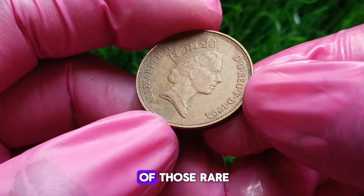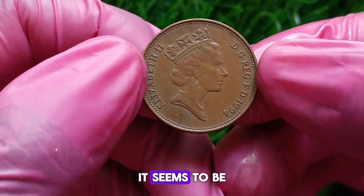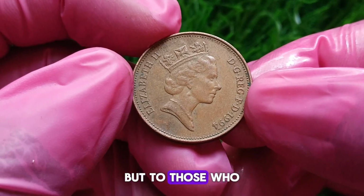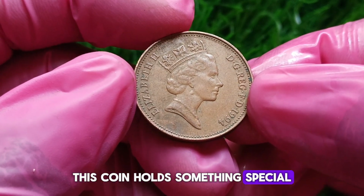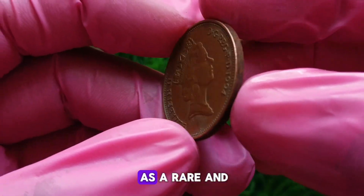This coin is one of those rare surprises you might overlook in your change or loose coin jar. At first glance, it seems to be just another copper-plated coin that's been passed from hand to hand in daily transactions. But to those who understand the world of coin collecting, this coin holds something special. The absence of a mint mark, something that should typically be present, instantly marks this coin as a rare and